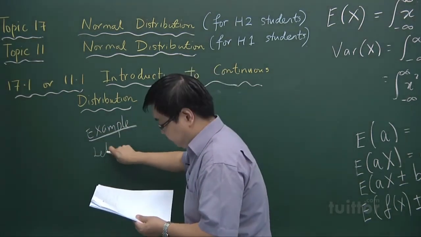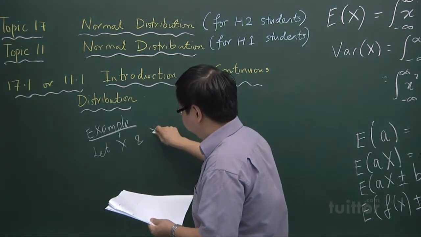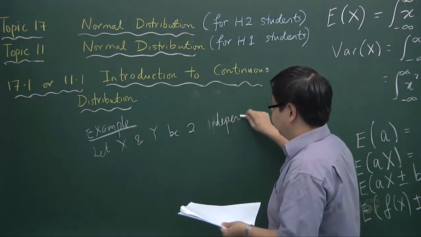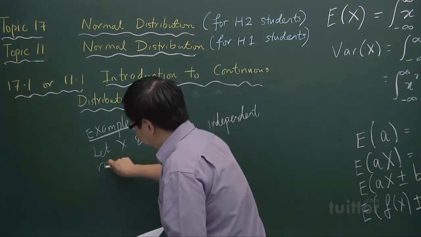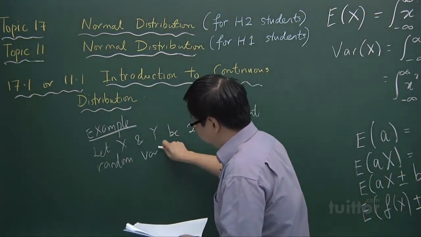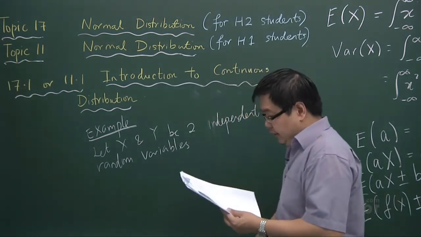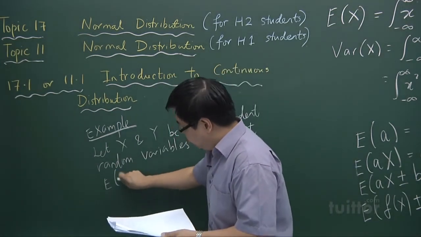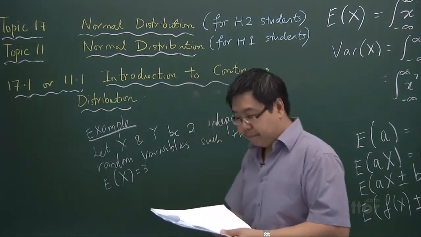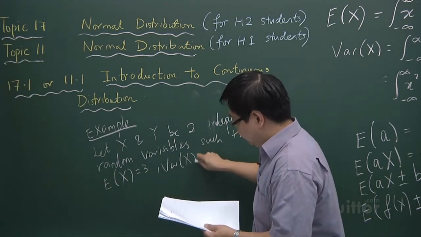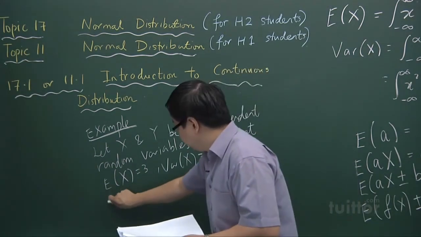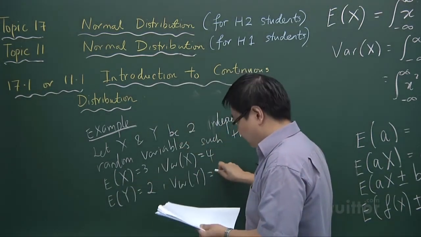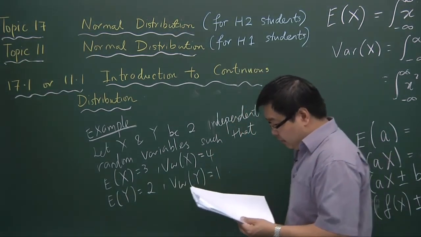We let x and y be two independent random variables such that expectation of x is 3, variance of x is 4, expectation of y is 2, and the variance of y is 1. Our aim is to find,